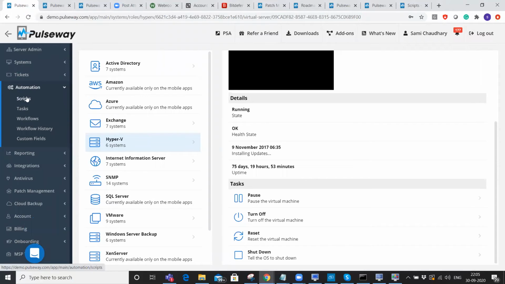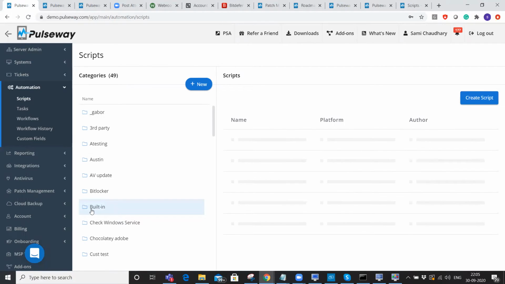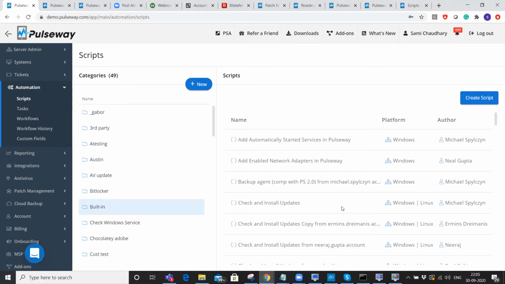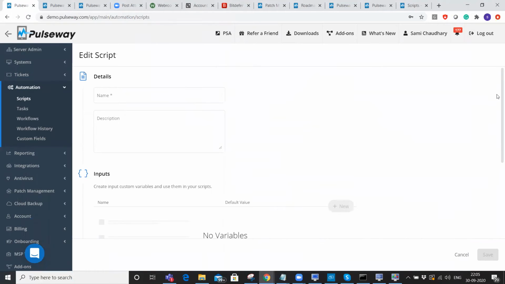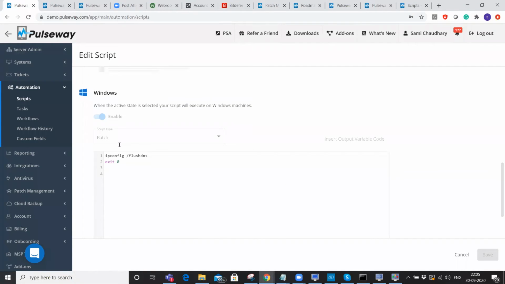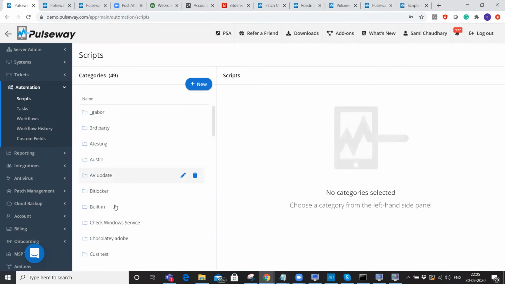Now, getting into a little bit of automation. Automation in Pulseway starts with scripts, and we get you started with a built-in library of 31 scripts. These are the scripts that we provide you, and you can go ahead and view the code behind these scripts as well in case that is required. You can, of course, modify them if that is needed. You can go ahead and write your own scripts. You can create your own